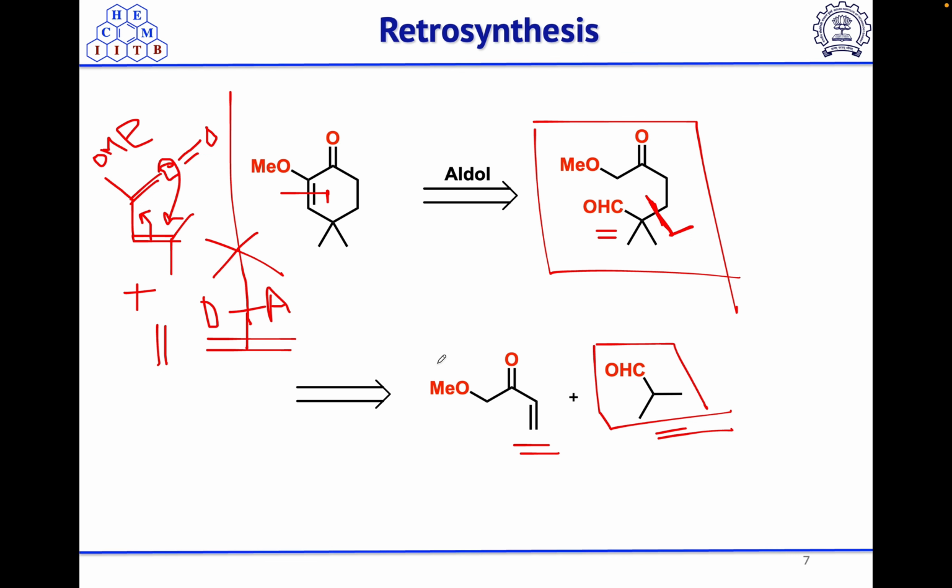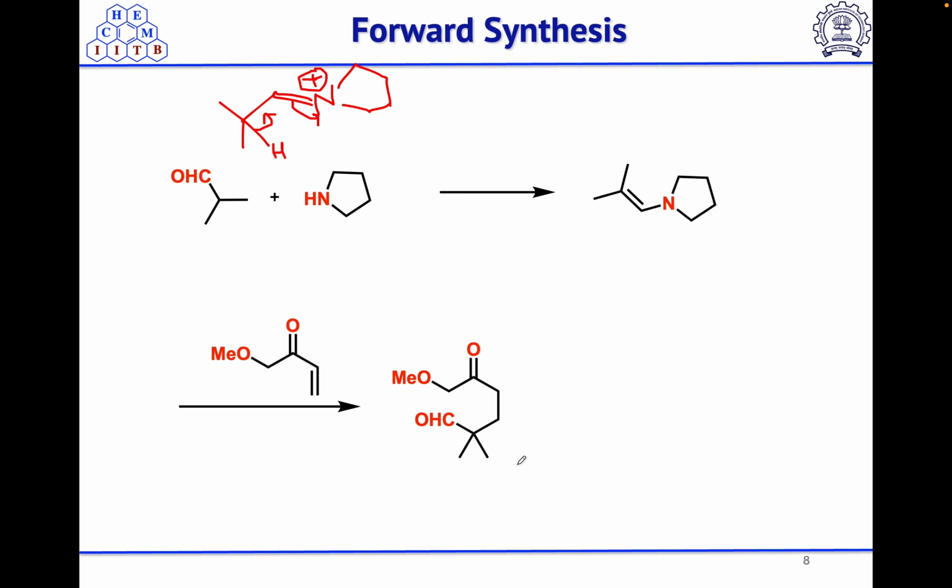So the electrophile is basically this alpha beta unsaturated carbonyl compound. So this enamine we got, now we need to add this enamine to this electrophile, where the electrophilic center is this beta carbon. So alpha beta unsaturated ketone, the beta carbon is most electrophilic. So this enamine will act as a nucleophile. Basically this nitrogen lone pair will fall like here, and this double bond will react via this carbon to this beta carbon. So this beta carbon is the electrophile,